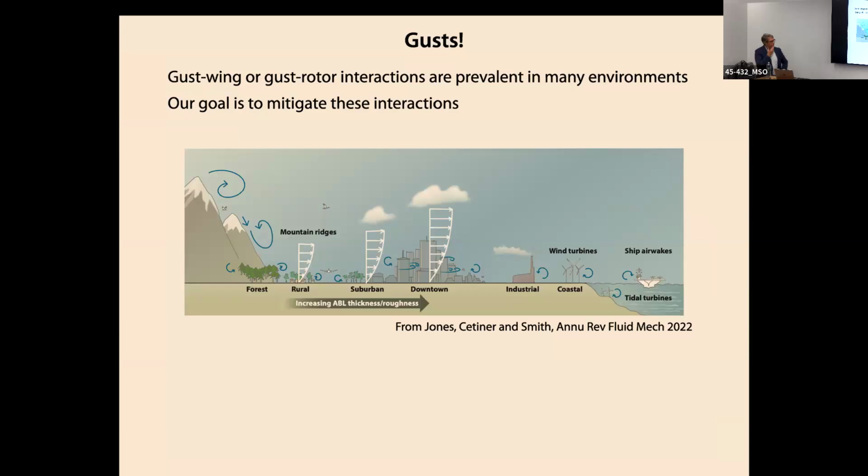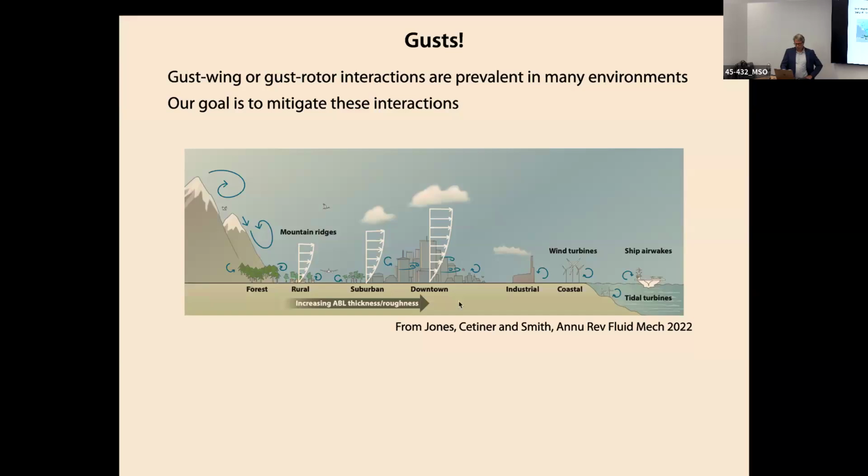So this is a motivating slide for some of the things we're interested in. This is a review paper from my friend Anya Jones, written a few years ago, where she imagined all the different areas where there are disturbances in the atmosphere that things flying would have to be subject to, or also wind turbines. You see there, wind turbines can create their own disturbances for themselves, but also for other things flying nearby. Ship wakes are also a place where things landing on aircraft carriers need to be worried about this. So there's all kinds of places where there are disturbances in the atmosphere that we need to be concerned with.